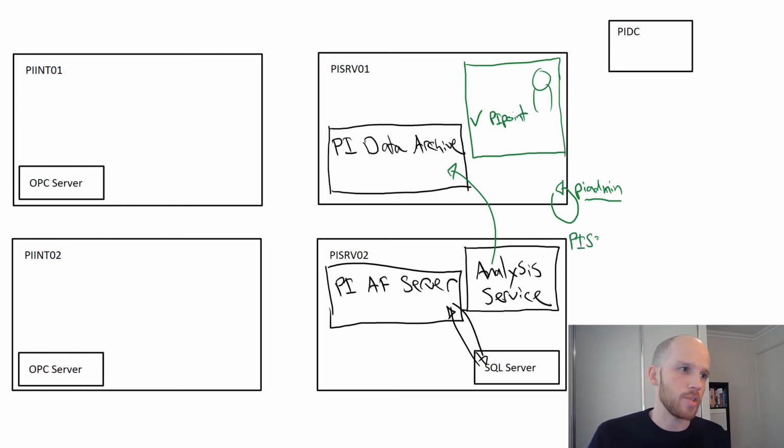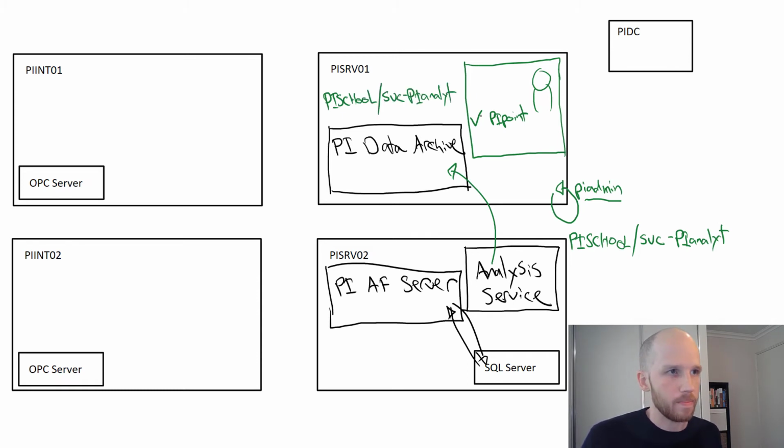The analysis service runs under PySchool/SVC PyAnalyt. This was the group managed service account that we assigned to it when we installed PyAF server. So when we connect, we'll need to make a mapping to this account. So we're going to make this mapping here, and we're going to make an identity called SVC PyAnalyt, and we're going to give it access to PyPoint. So when it does connect, it's allowed to create calculation PyPoints, and once it's created, it's allowed to write to